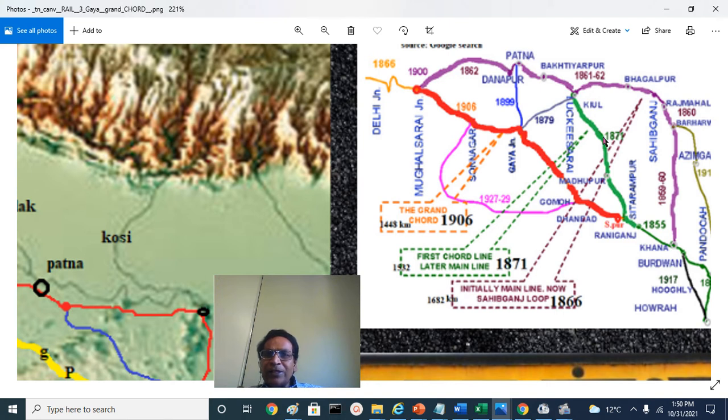The third line, almost 41 years later, is 1443 kilometers. Chord line is 1443, Kiyul line is 1532, almost 100 kilometers difference. And the next line is 100 kilometers more, that is Sahibganj loop. They were built originally 1866, 5 years later 1871. Almost 40 years later in 1906, Gaya line, and this is from Raniganj, Sitarampur, I have put it here,